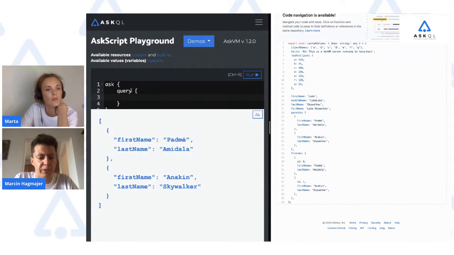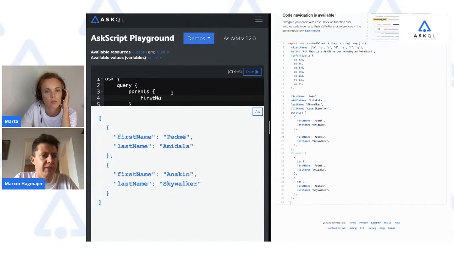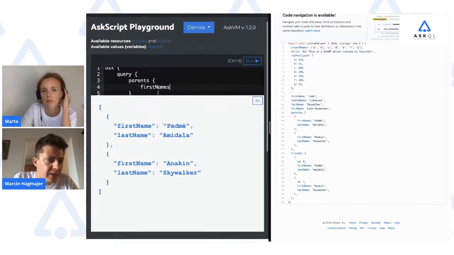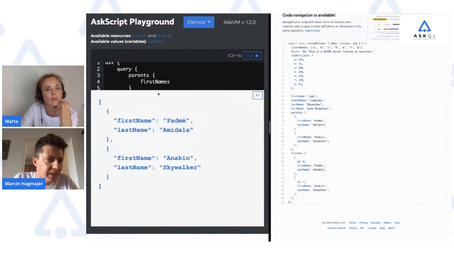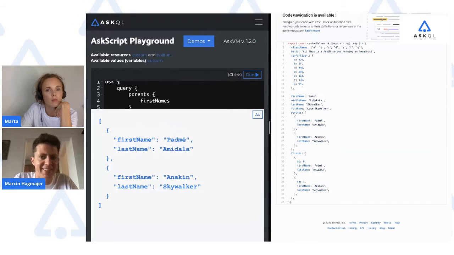Let me show you. So for instance, you can say, I want to look into parents, and from inside the parents, I just want to get the first name. Okay. Right.